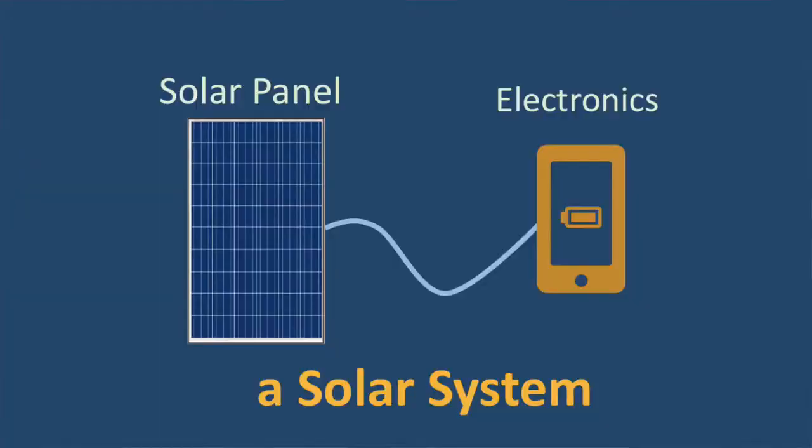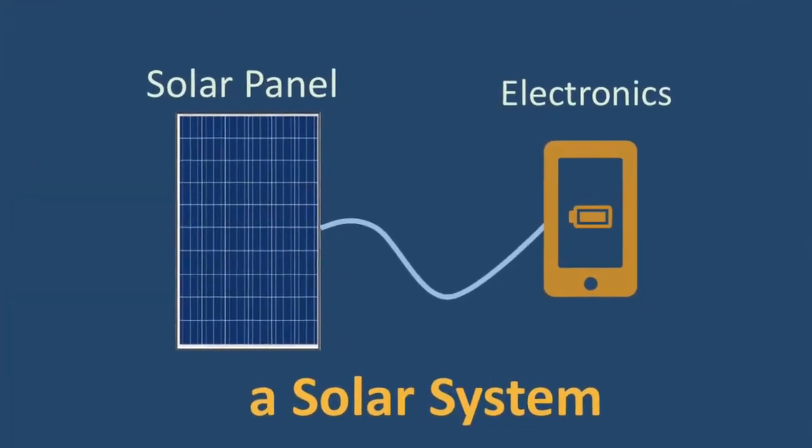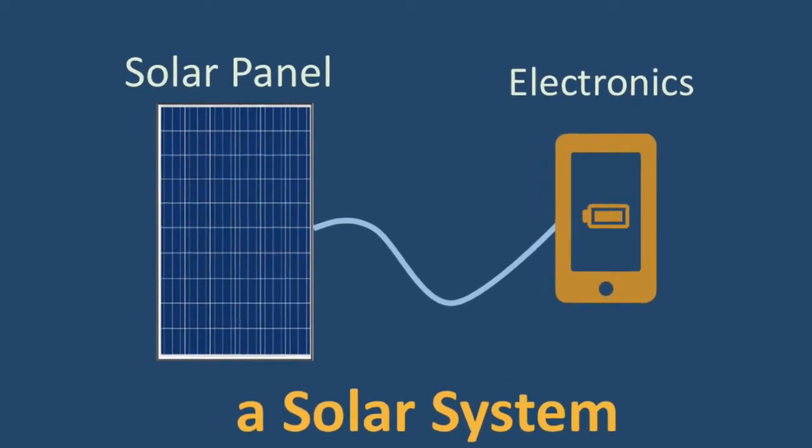Or you can take a solar panel and connect to a mobile charger, which is electronic. So directly electronics can work on a solar panel. So this can be a very simple system, where there is a source or the supply of the panel, and there is a load of any kind.